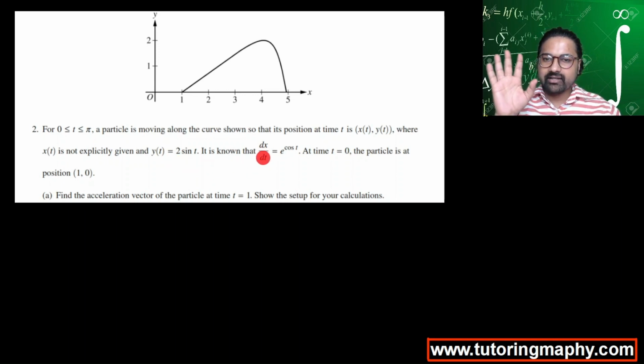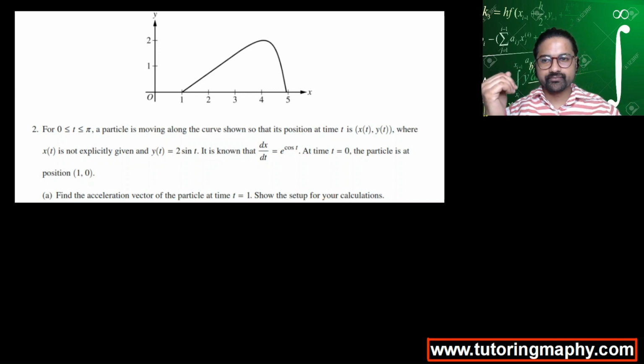And it is known that dx over dt is e raised to cos t. So the change of the value of X with respect to time is given. X is not given, but the rate of change of X is given. And at t equal to 0, the particle is at the position (1, 0). So its X coordinate is 1 and the Y coordinate is 0, which is pretty evident from the graph as well. First question is, find the acceleration vector of the particle at time t equal to 1 and show the